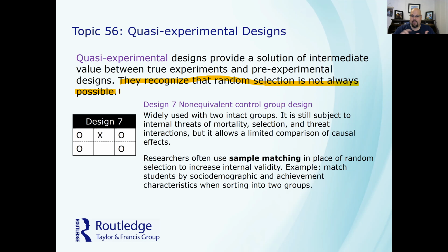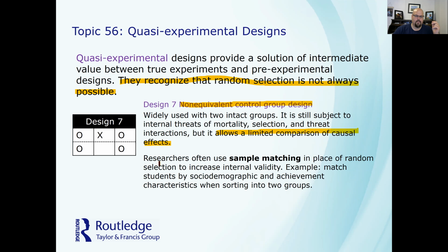There's a lot of reasons that you can't do that. It's just plain wrong. But random selection is not possible, so you can't randomly assign people to those groups. So you set up a study where you study those groups as they already pre-exist, right? So design 7 is a non-equivalent control group design. This is widely used with 2 intact groups. It is still subject to internal threats of mortality, selection, and threat, but it allows a limited comparison of causal